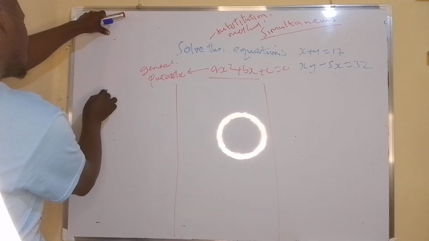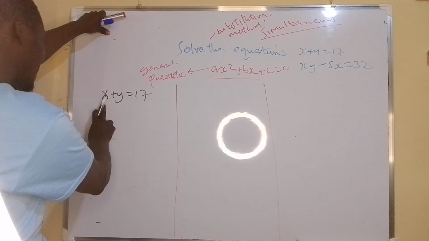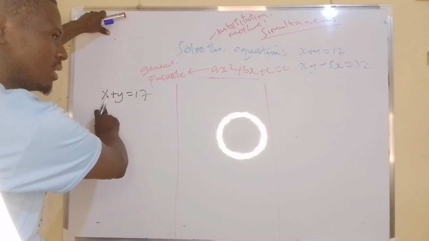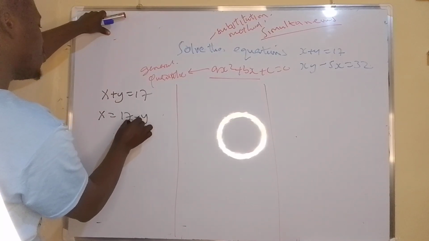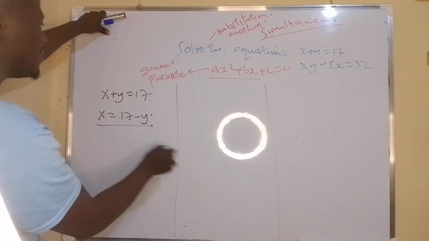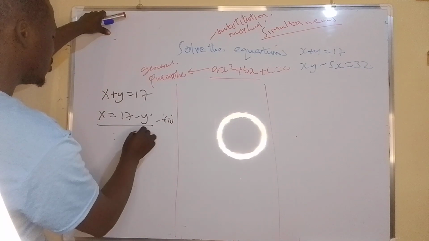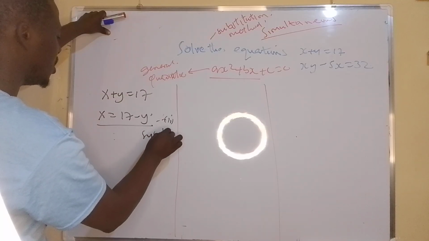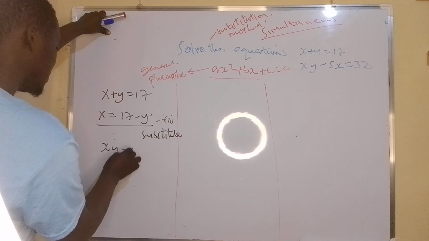We have x plus y is equal to 17. Write x as the subject, which means x should be left alone on one side. So x is equal to 17 minus y. With this, substitute in equation 2. In equation 2, remember it says xy minus 5x